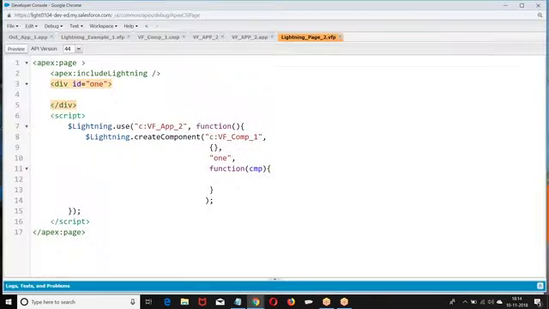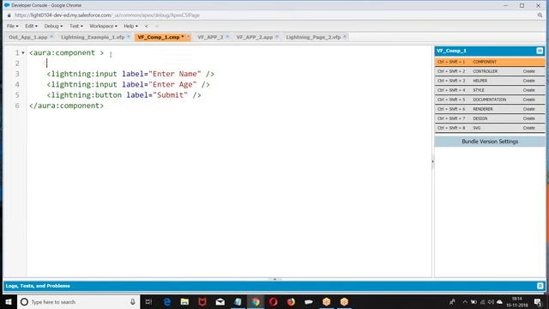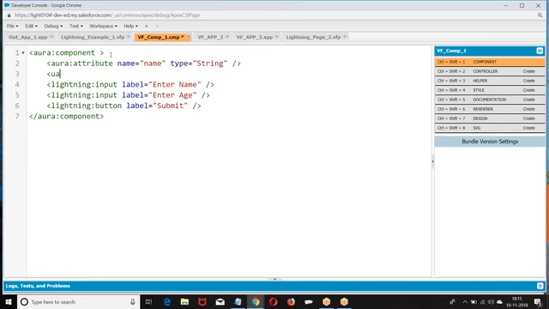Now we can go to this, set the attributes. I'm going for a component. I'm creating some attributes here. Here are attributes. Right.